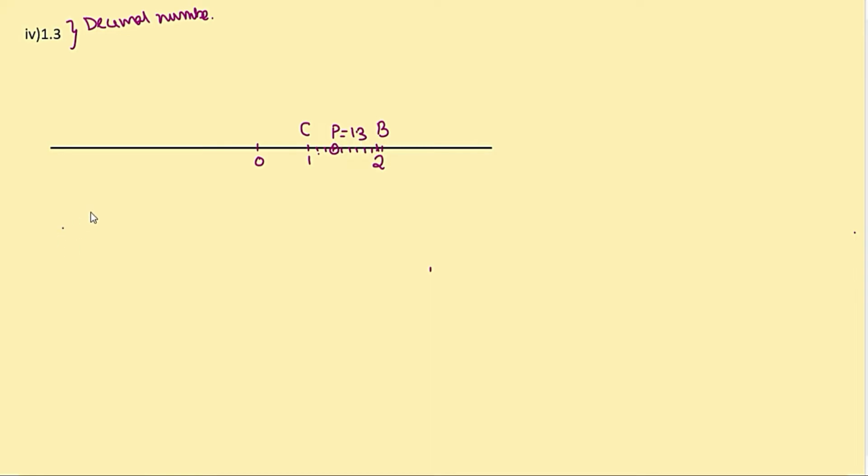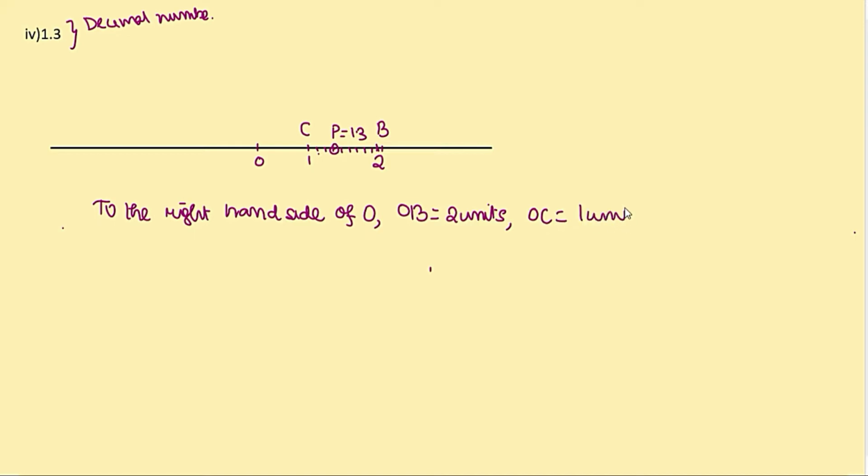Okay, so how will you write? To the right hand side of 0, OB equals to 2 units, OC equals to 1 unit,